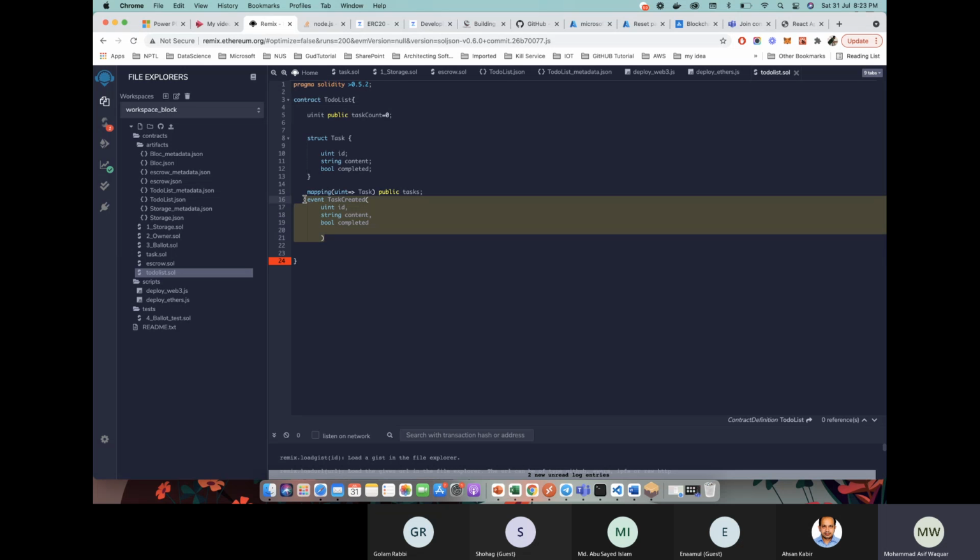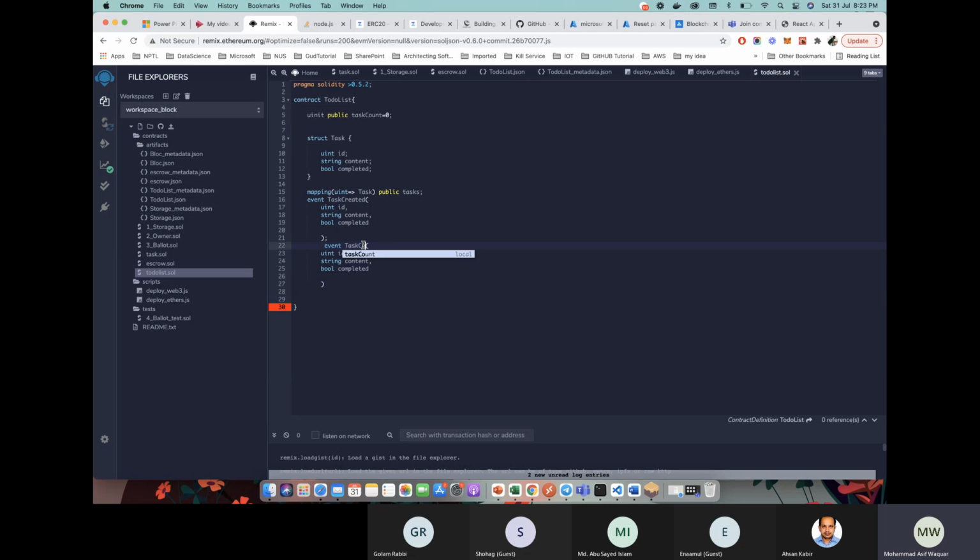The same for task completed. Just make it completed, and we'll have uid and then bool completed. These are the two things, and then we'll write the constructor for